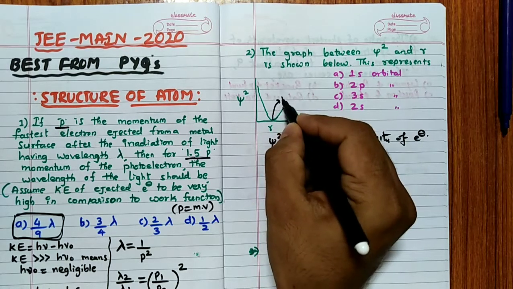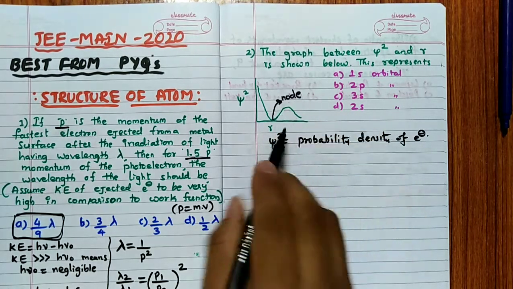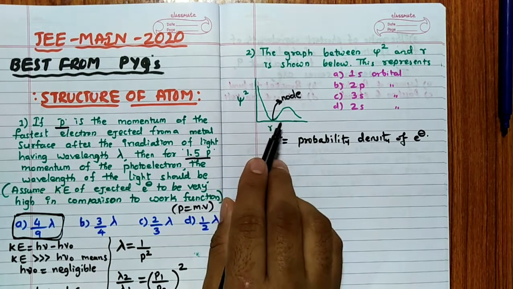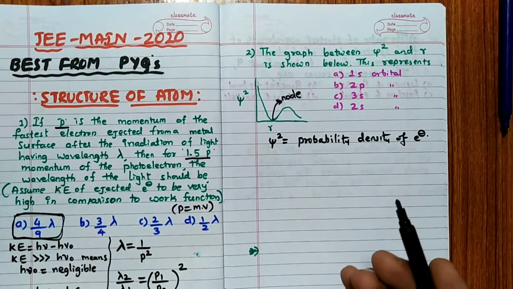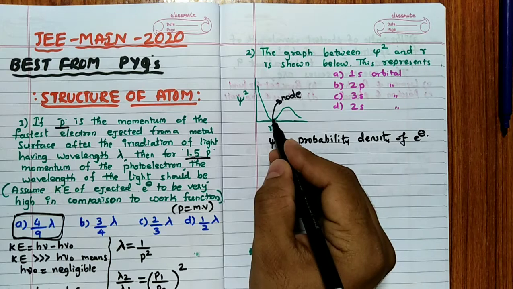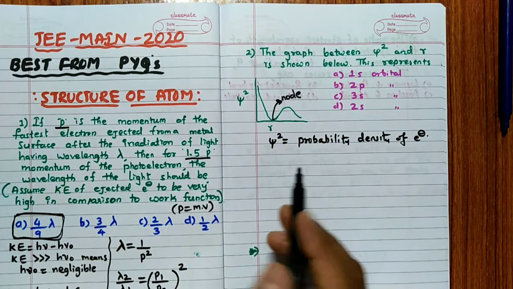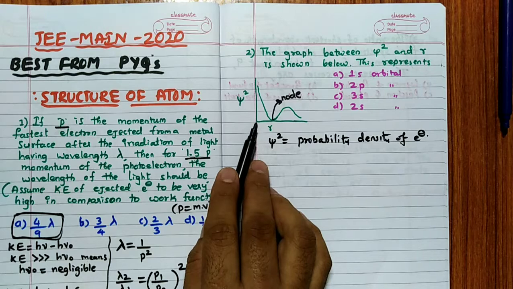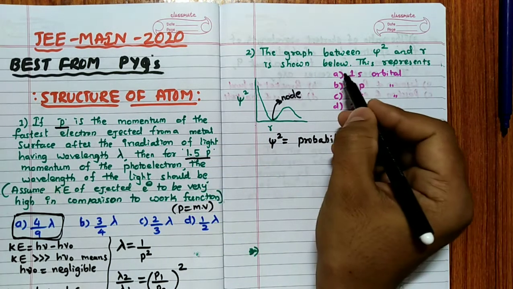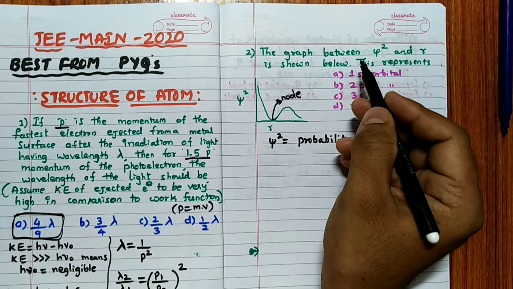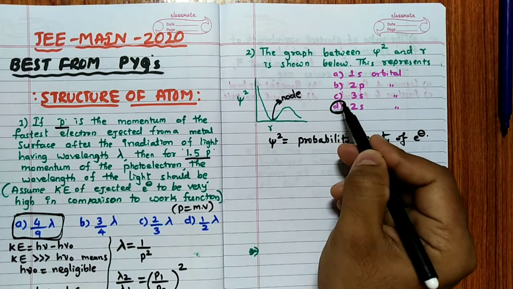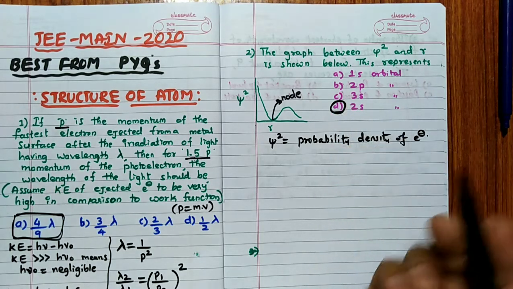It is nothing but a node. Remember, this is what is called a node, when the line touches the x-axis or radius axis. A node is nothing but a place where the probability of finding the electron is 0. So one node is present in this case, and another hint is that at 0 radius the probability is very, very high. Then definitely the answer for this question should be 2s, because one node means 2s.